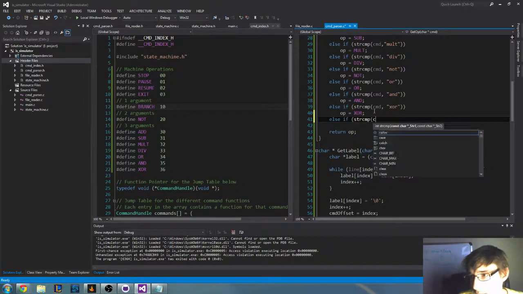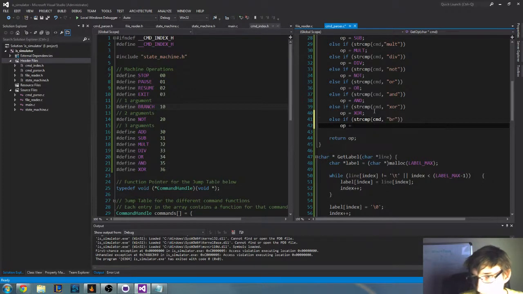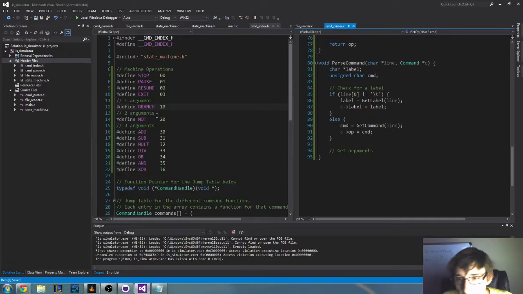String compare br, op equals branch. So now what we're doing is using the number to specify the number of arguments we need. So branch is one argument. A 2x needs 3 arguments. So what we're going to do is